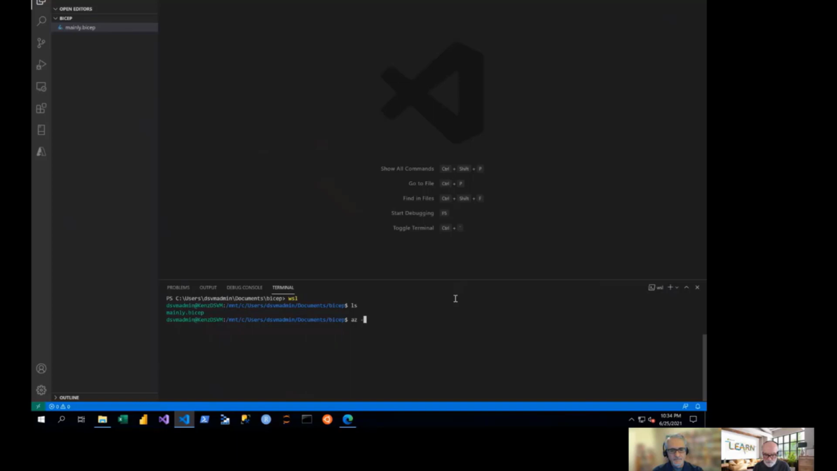I think it's just az version. Yep. And you can see, to meet the specifications, it had to be CLI 2.2.0. I've got 2.25. And the CLI, what's really cool about it is that it has